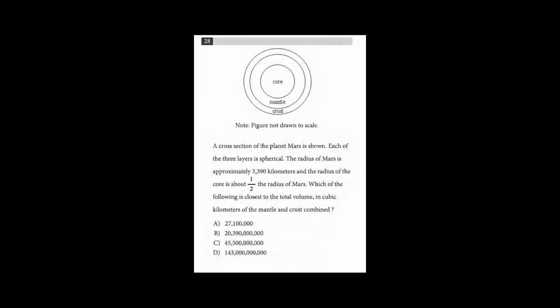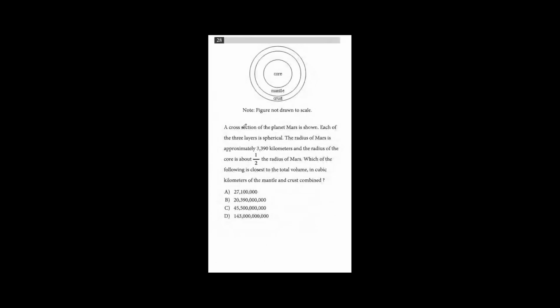Okay, so for question 28, given a cross-section of the planet Mars is shown. Each of the three layers is spherical. The radius of Mars is 3,390 kilometers. The radius of the core is half the radius of Mars. Which of the following is closest to the total volume in cubic kilometers of the mantle and crust combined? Well, in this case, we're told it's spherical and we're told volume. So it would just be 4 over 3 pi r cubed